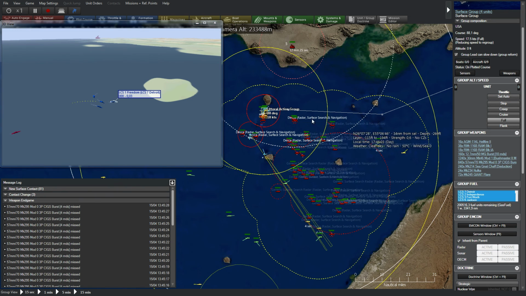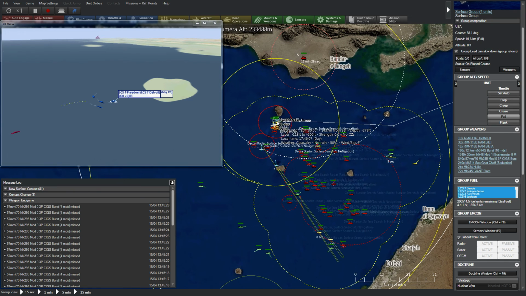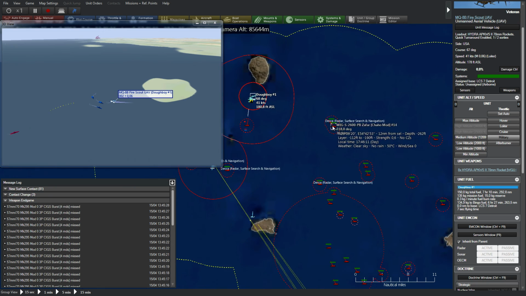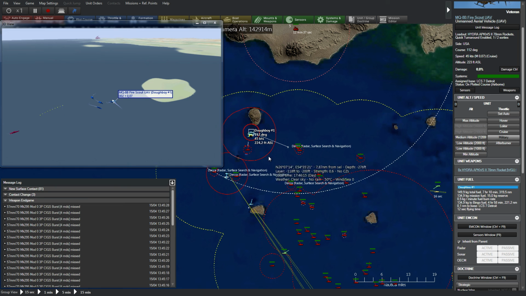Right, so yeah, let's try to take out whoever's directly in front of us. That's the new helicopter launching Doughboy 1, and you are going to try to get over here and take these guys out. That being said, we are at 32 minutes, so I think this would be a very good